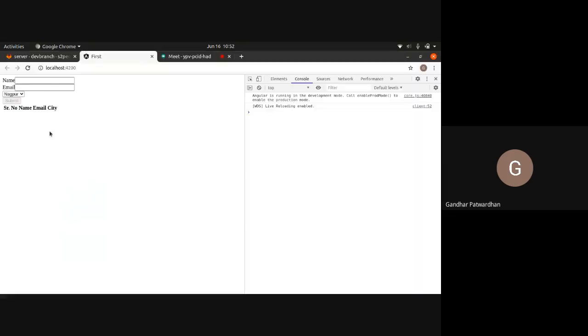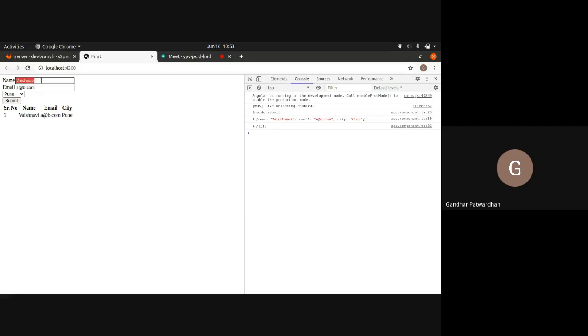Now again it got refreshed, and I say Vaishnavi, a@b.com, and I use Pune, and I click on submit. Now we got our serial number proper, the name proper, the email proper, and the city proper.